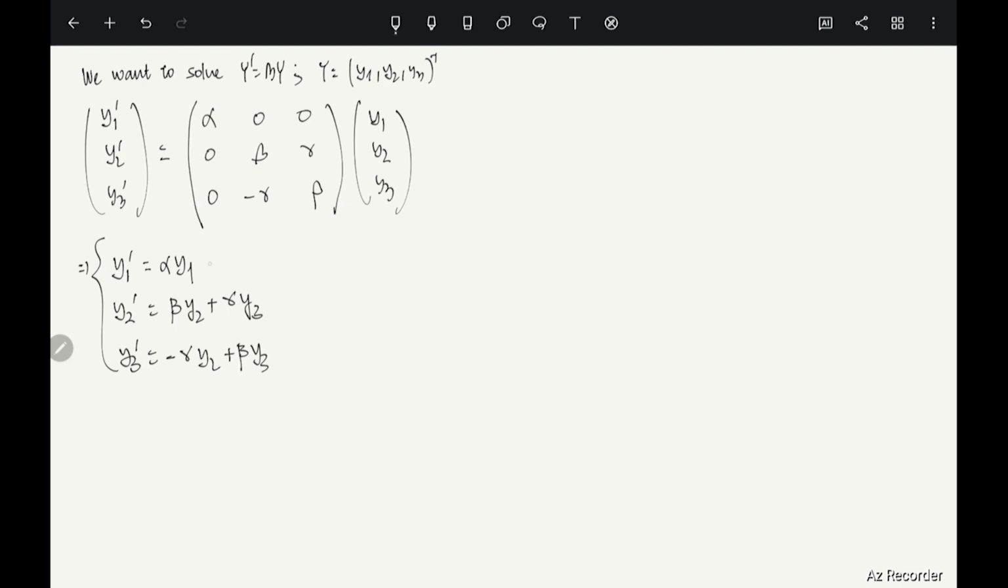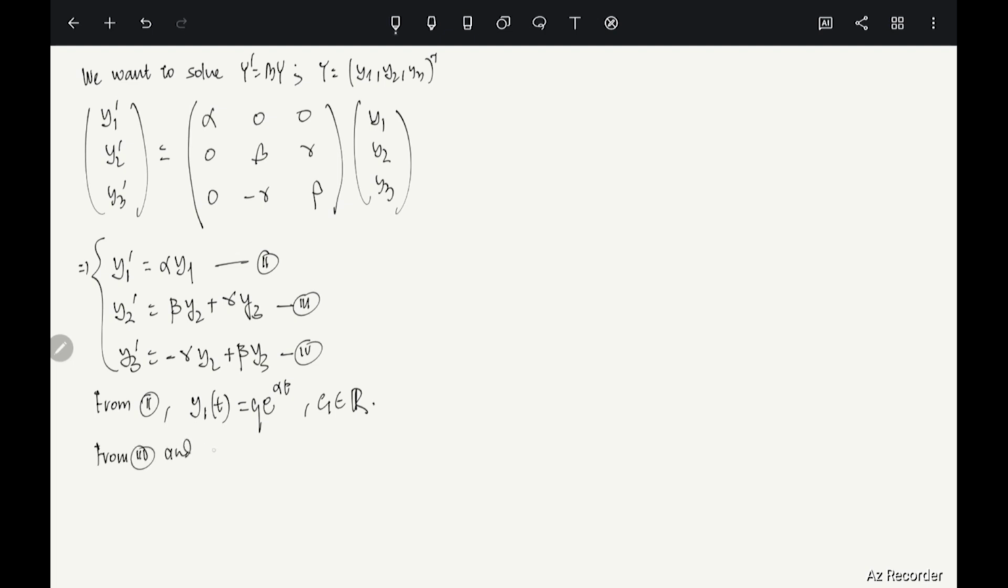Okay. Now, the first equation is very easy to solve, right? So, let's call them 2, 3, 4. From 2, what do we get? y1 of t is e to the power alpha t. Of course, a constant is there, so let's write it as c1 times e to the power alpha t, and c1 is in R. And from 3 and 4,